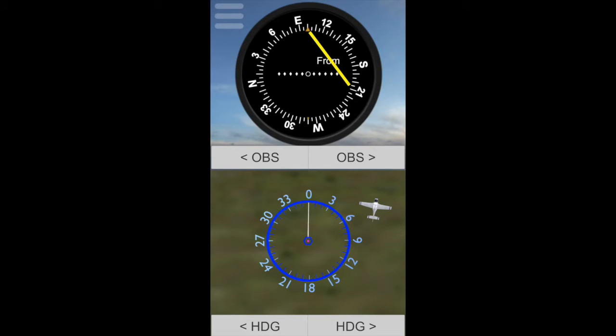Okay, so now we're gonna look at examples so that we can understand the actual concepts that we just talked about. On the top, as you can see, this is your course deviation indicator, which gives you the from and the to flag, and that's the one you use to select a specific radial that you want to intercept, whether inbound or outbound. We're not going to talk about this right now, but let's say you select a specific radial using the OBS. As you can see here, look, I'm rotating